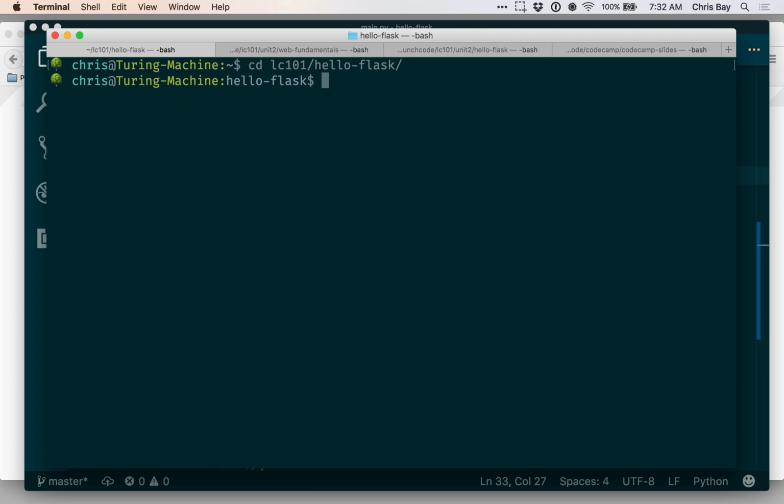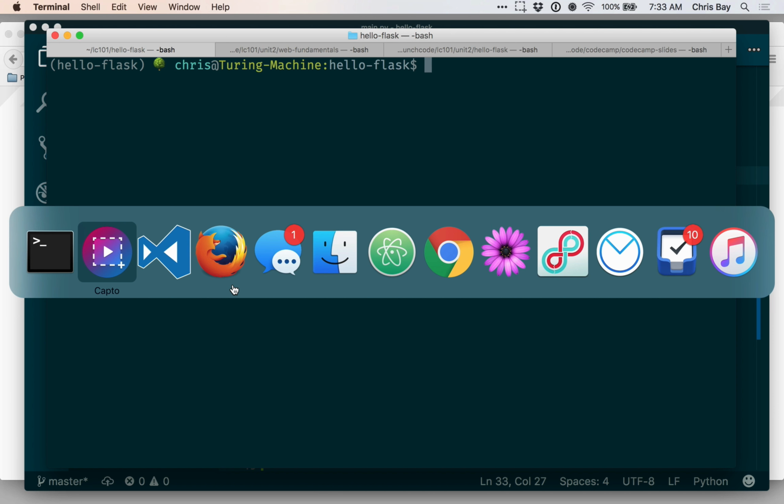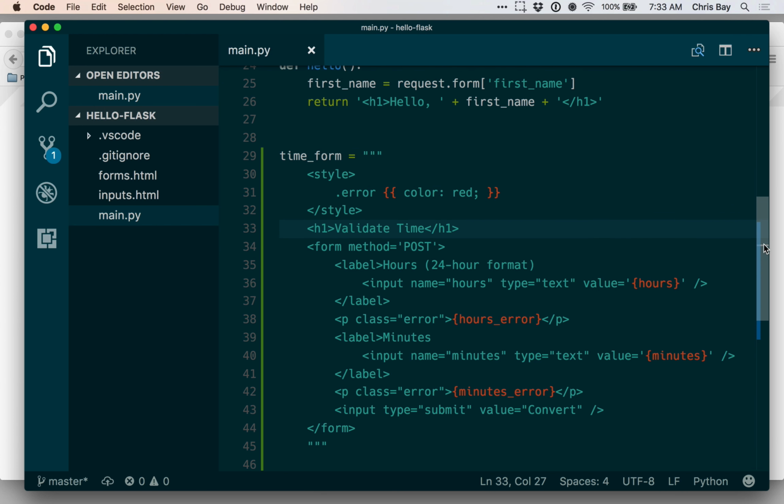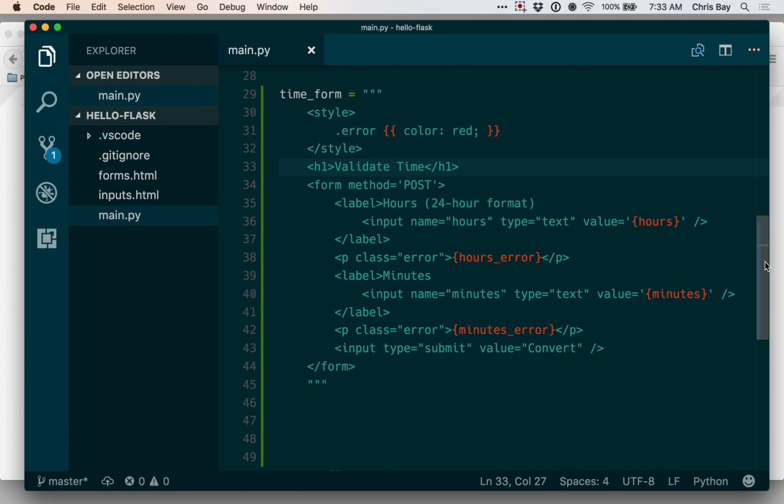And then as always, before we get started coding, we need to activate our virtual environment. So let's do source activate Hello Flask. All right, and we're ready to go. I already have Visual Studio Code open here, and I've actually already dropped in a little bit of code. So if you're coding along, go ahead and pause the video now, and you can copy this into your main.py